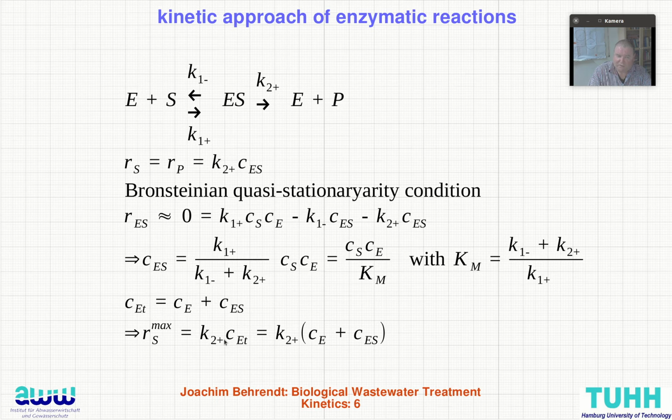And then if we are thinking what would be the maximum substrate uptake rate, this would be if every enzyme is there in the form of an enzyme substrate complex. And this is here finally K2 plus multiplied with CE plus CES. Yes, and knowing this and this, we can bring this